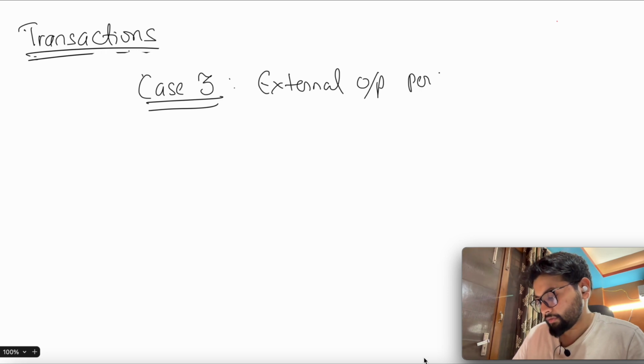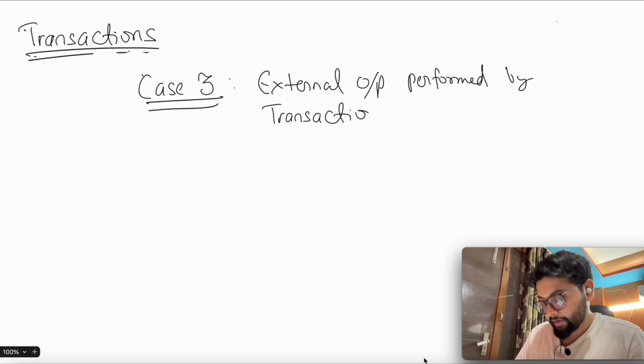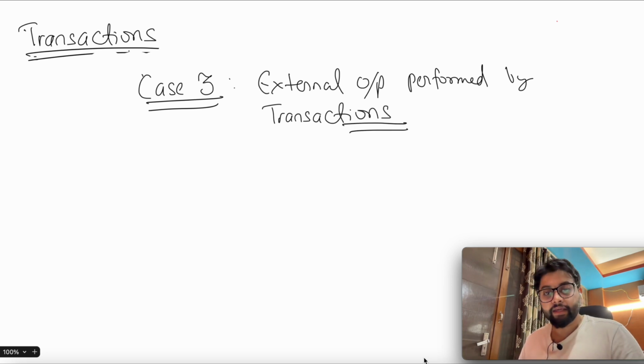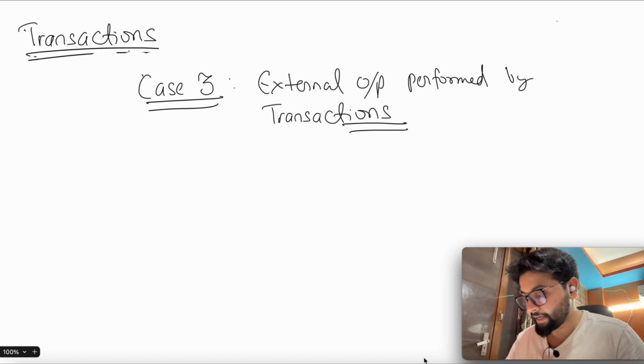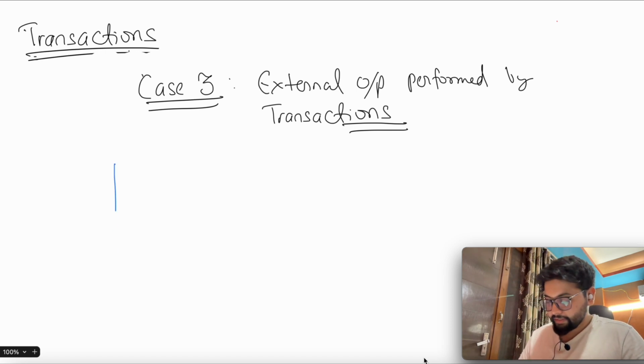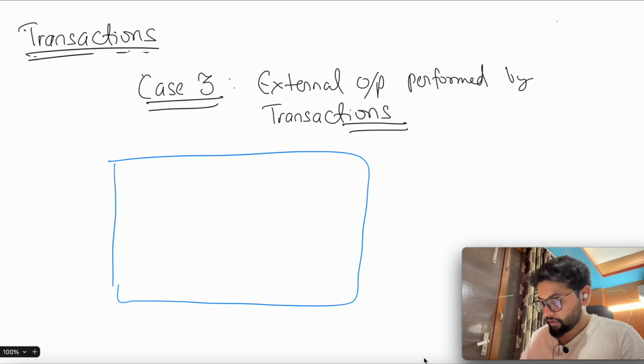External operations performed by a transaction ideally cannot be rolled back. In that case, retrying a transaction can be a bad idea. Now let's say we have a classic example of a transaction T1 which performs a write, and along with the write